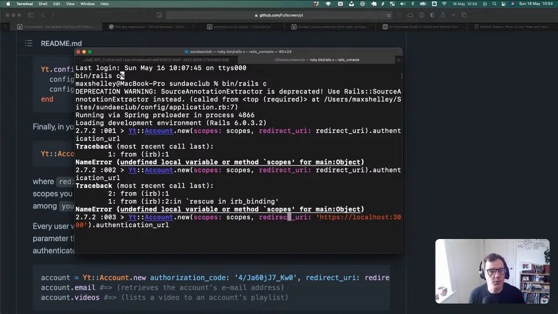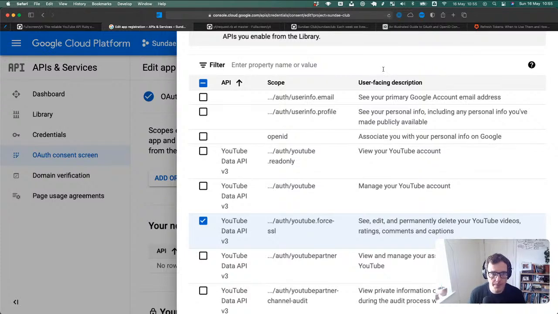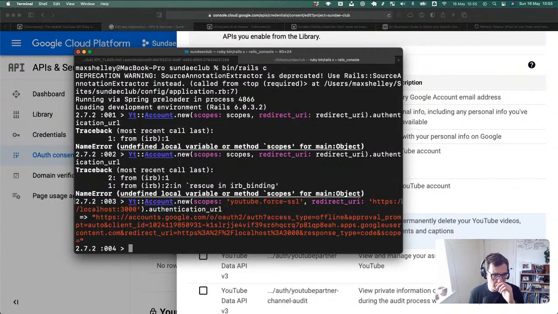You wouldn't actually want people redirected to the homepage necessarily, but let's just test that we can get what we want. And then it was, I've already forgotten, YouTube.force-SSL. So we get a URL back.